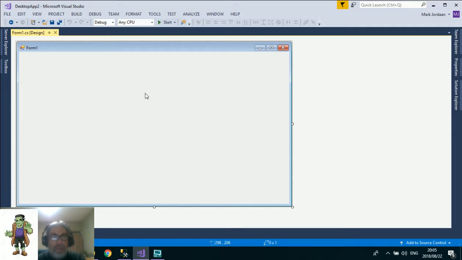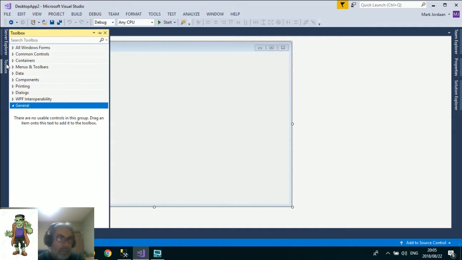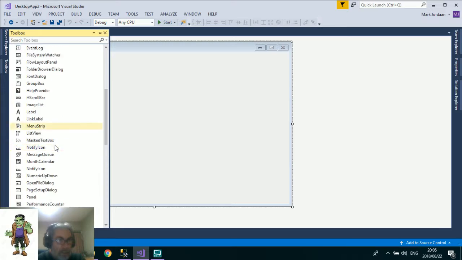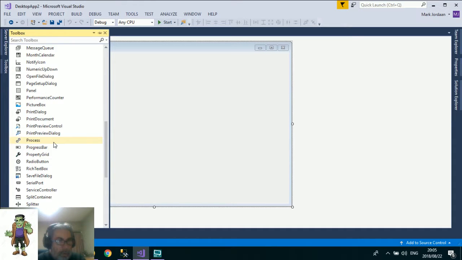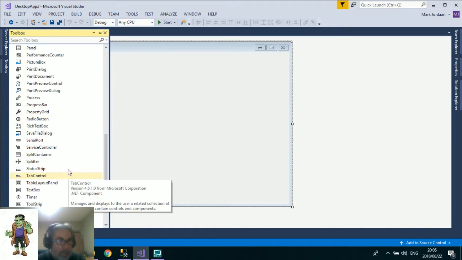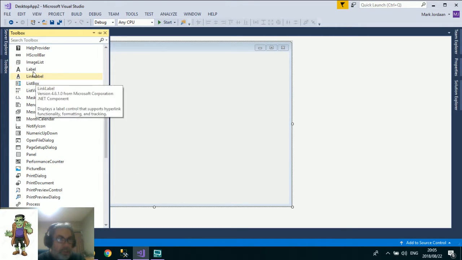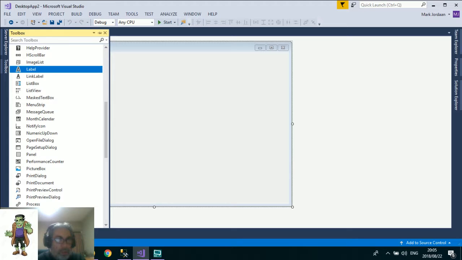So a traffic light has three lights. I could find a picture of a traffic light, but what I'm going to do is do it a lot simpler than that. I don't want to spend a lot of time on this. This is a throwaway application just to get you used to using the control. So